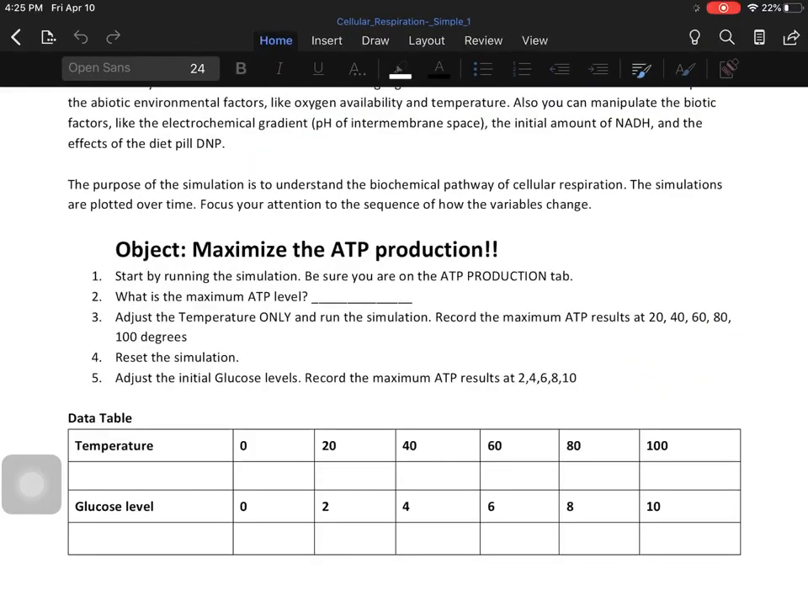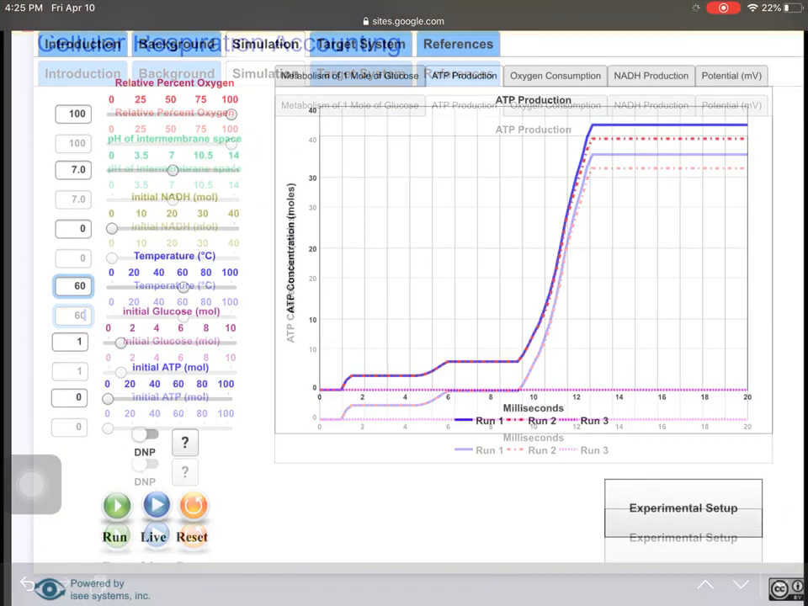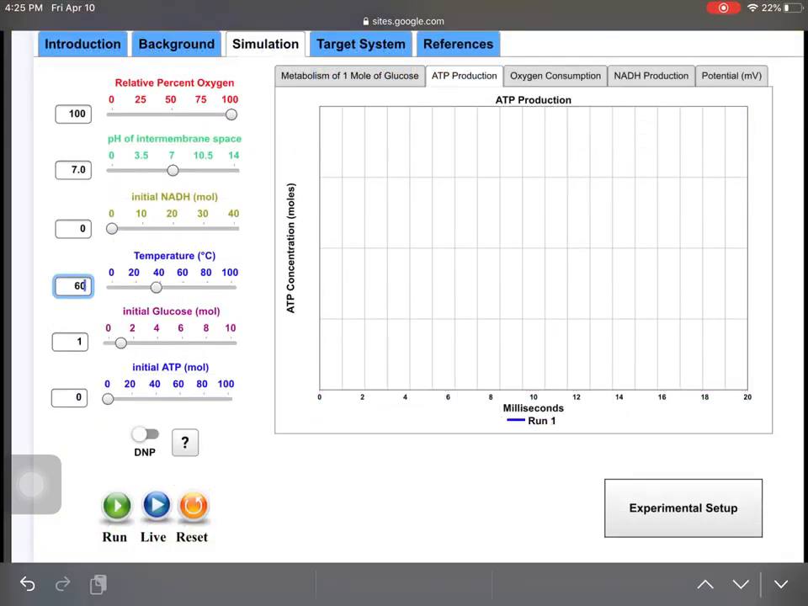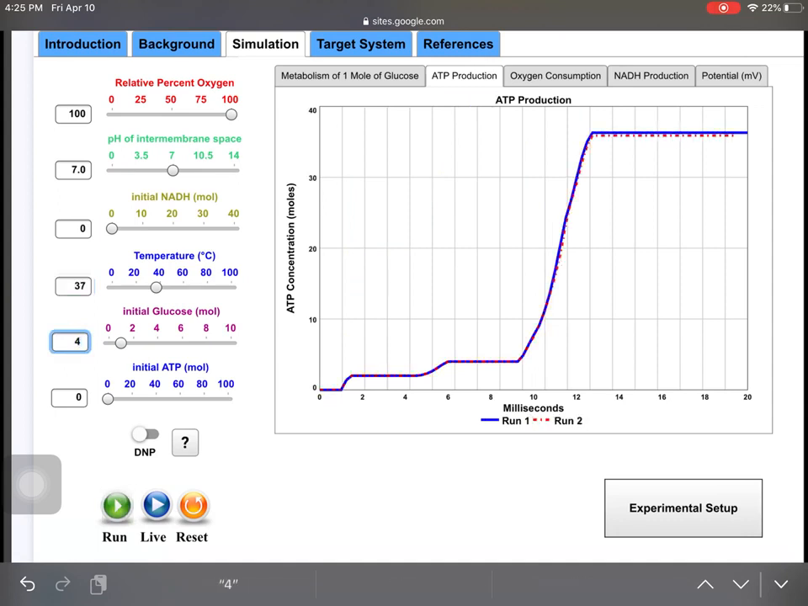So I'm going to reset the lab and then adjust the glucose levels, 2, 4, 6, 8, and 10. So back to the lab, I'm just clicking the orange reset, which gives me a start, and then I'm clicking on the initial glucose levels, 2. I'm going to run it, and then click again, 4, and run it. And then I'll click again,